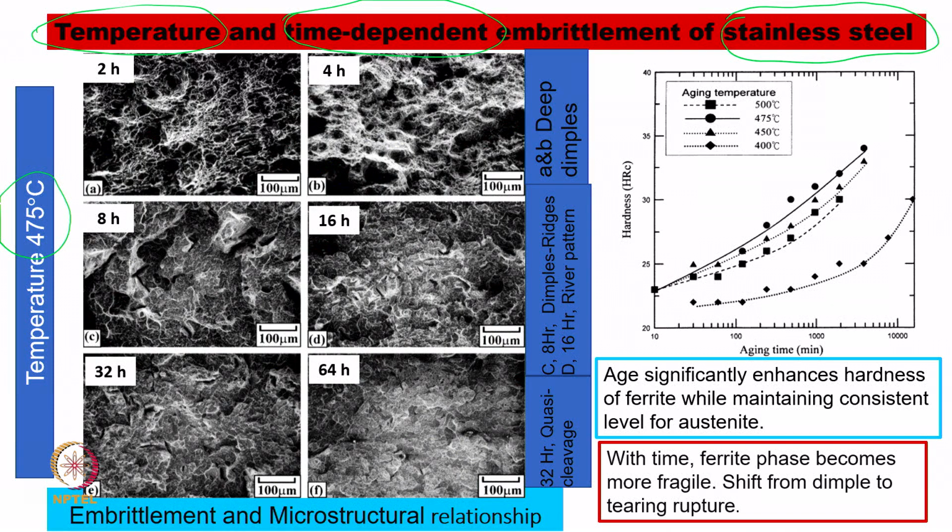Then they looked at the microstructure. There was one sample which was ready, then they fractured that surface after exposure to 475 degrees. They observed after 2 hours; they initiated the fracture and observed immediately. It is not that they kept it for 2 hours, they immediately observed the fracture, and then they found